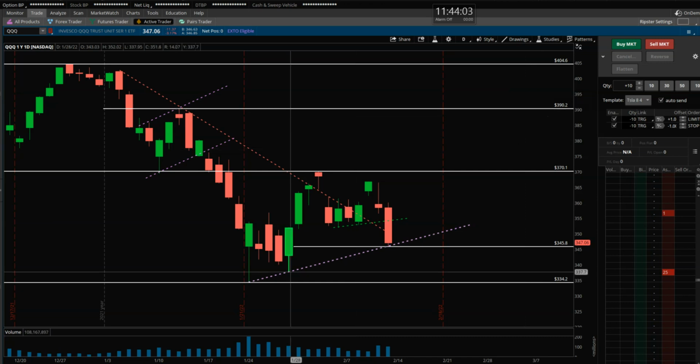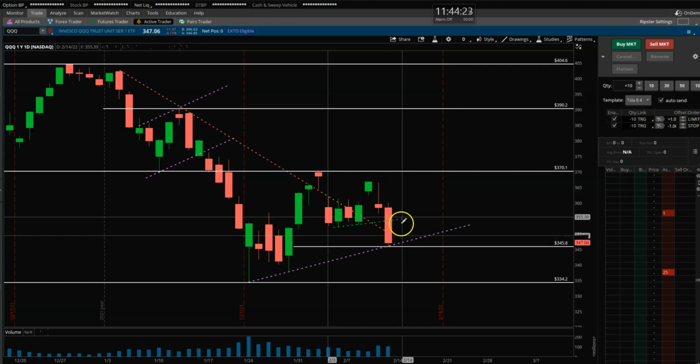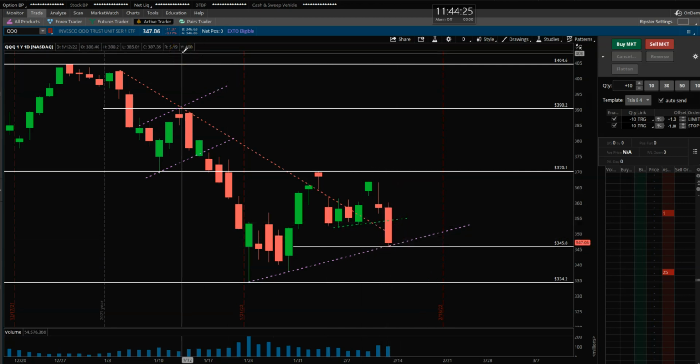Okay, the move up, down, and now it broke down. So this becomes your swing low, right? This is the swing high. So we broke down below that on Friday, and the way I was trying to get you to feel it was, hey, this is a trend line. If it breaks down below, it's a bearish continuation. So that's how you read the price action.